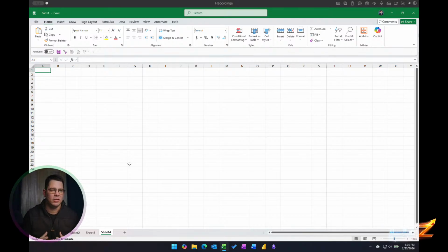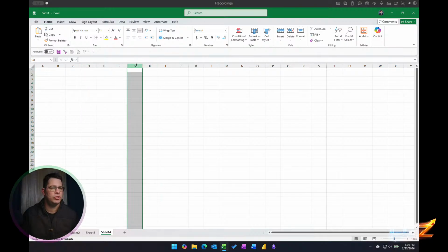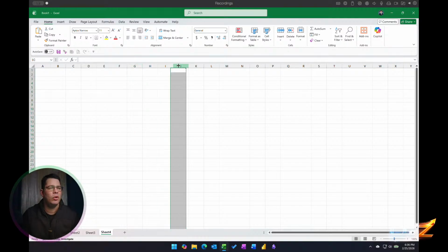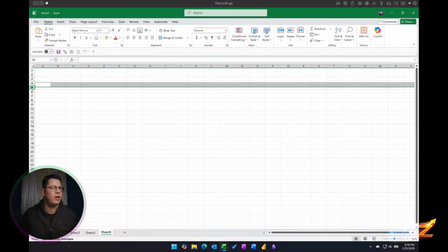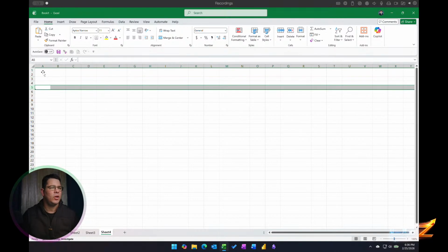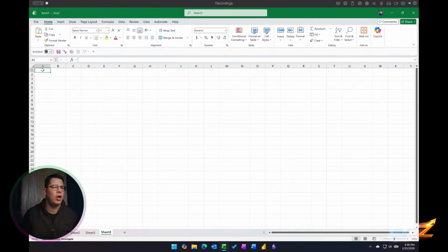So what is a cell? The cell is the intersection point between a column and a row. So what is a column? Like we said, these are columns. We have column H, column G, column I, column J, and rows are enumerated. So we have 1, 2, 3, 4, 5, and all the way. So we can go all columns all the way